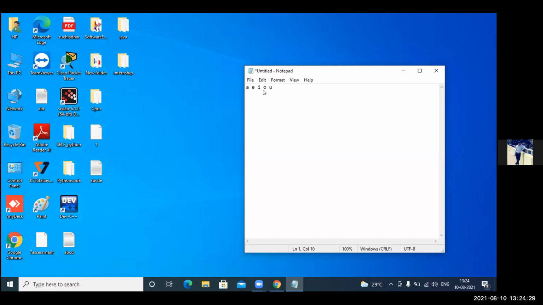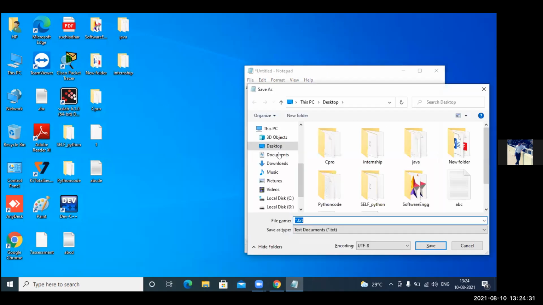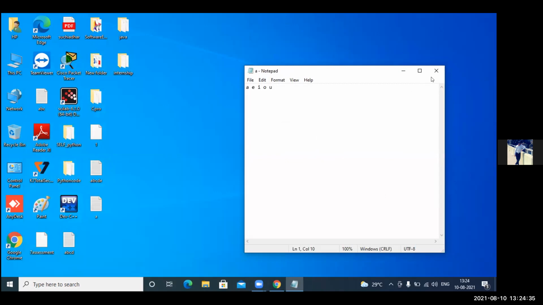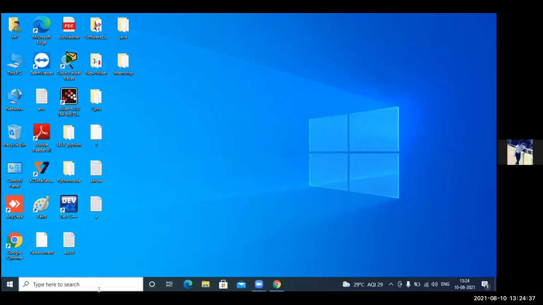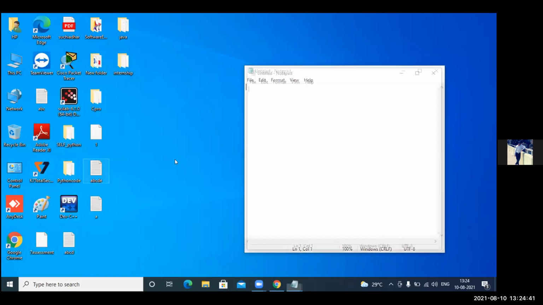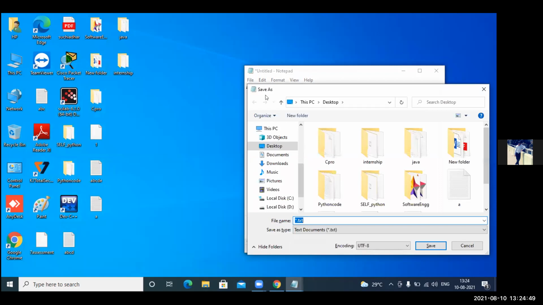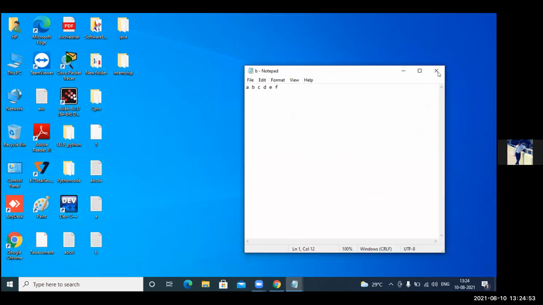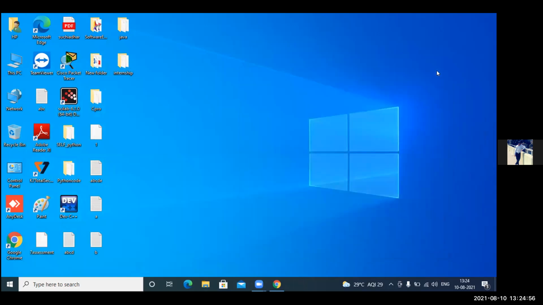Save it as A. Now create another text file named B. Now open your IDLE.